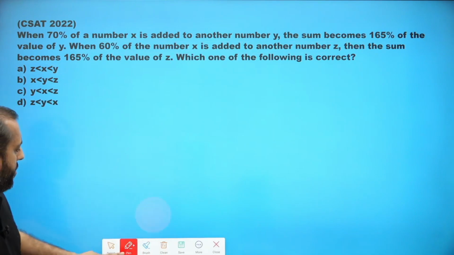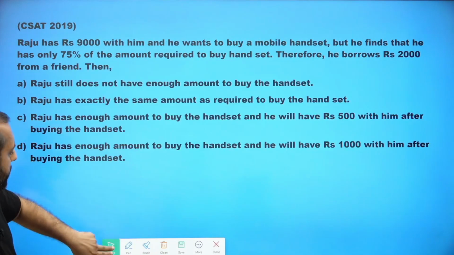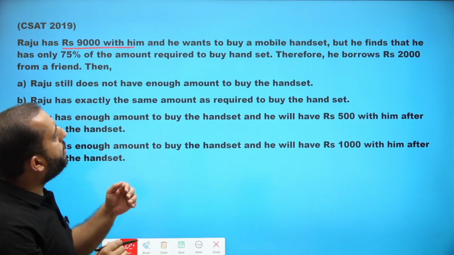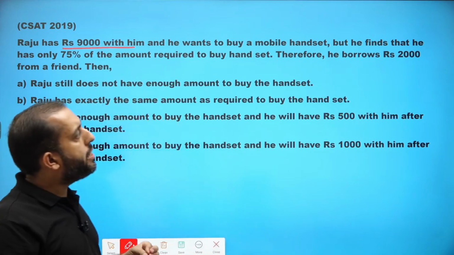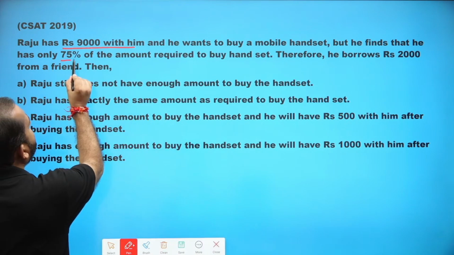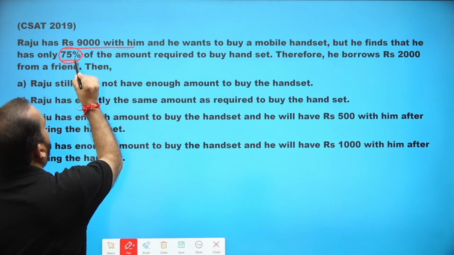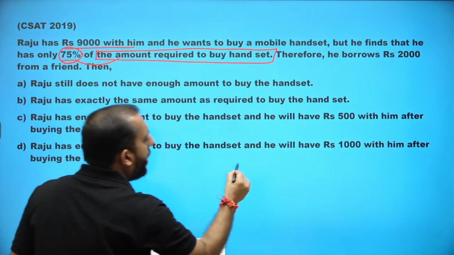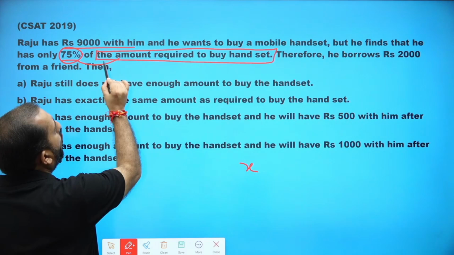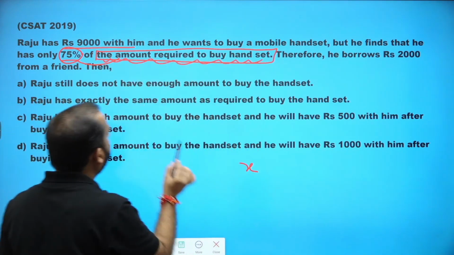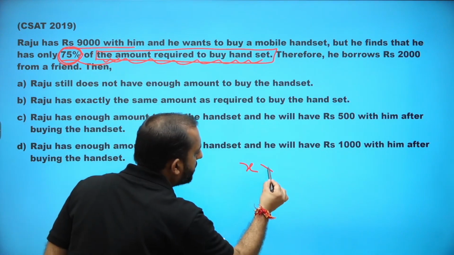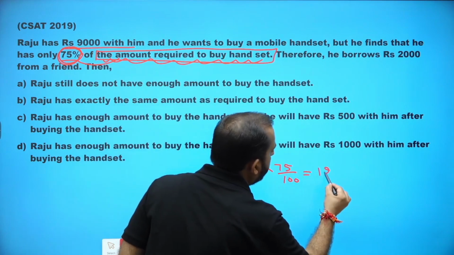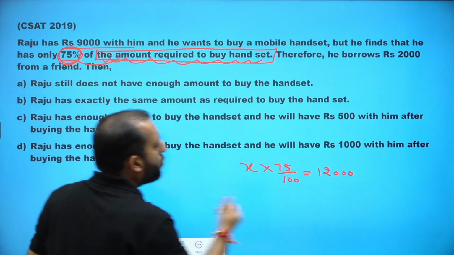Next question is this. It says Raju has 9,000 rupees with him. He wants to buy a mobile handset, but he finds that he has only 75% of the total amount required to buy the handset. Let's say x is the total amount required to buy the handset. Then what is 75% of x? Sorry, it is equal to 9,000,